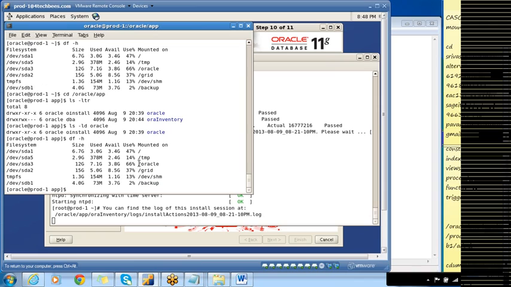This will give me the size occupied by /oracle, but I'm interested in /oracle/app/oracle. Why do we use the du command?